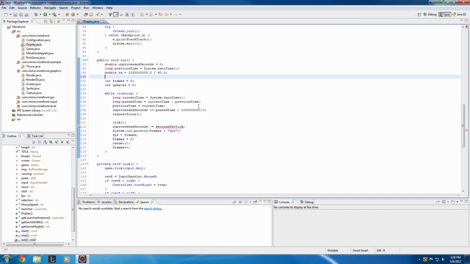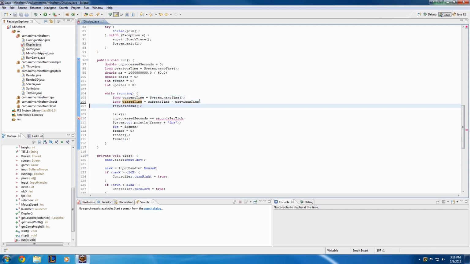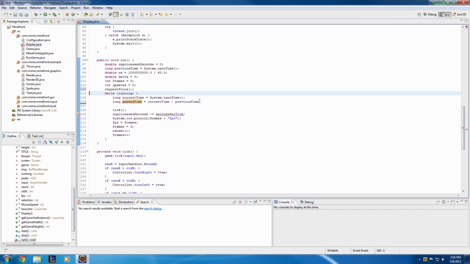All right, anything else we need? Probably delta. We'll set that equal to 0. Okay. So essentially, let's push up request focus into here. Whoa, is it really in there? Shouldn't have been in the running loop. Okay, so